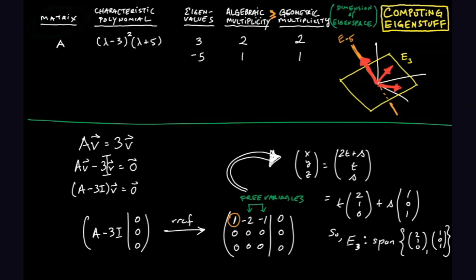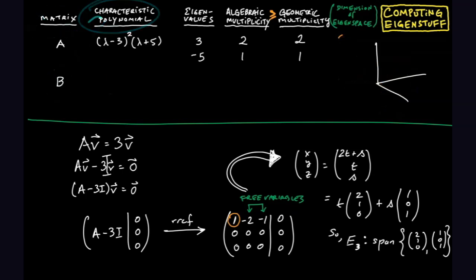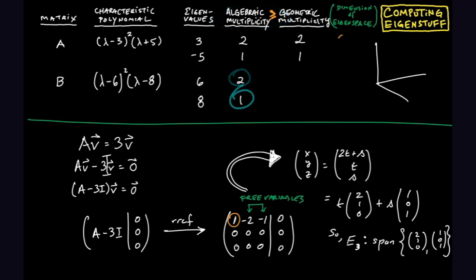Suppose we had a different matrix, B, whose characteristic polynomial, let's say, is lambda minus 6 squared times lambda minus 8. Then B's eigenvalues would be 6 and 8 with respective algebraic multiplicities 2 and 1, just as we saw with our previous example. And once again, the geometric multiplicity of our eigenvalue whose algebraic multiplicity is 1 would have to be 1, thanks to this inequality. But when we look at our other eigenvalue, 6, which has an algebraic multiplicity of 2, the geometric multiplicity could be either 1